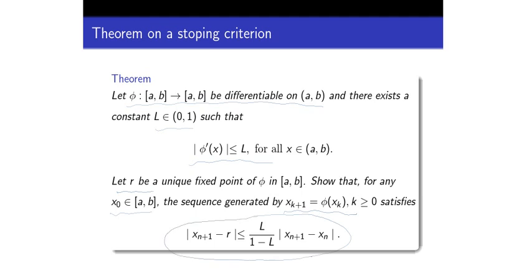So it is very simple to calculate the approximation. If xn plus 1 and xn are very close, then you have this bound, L by 1 minus L. L is known to you once you know this bound here. So this you can also use as a stopping criterion. So how will you establish this result? This result is very simple. I will give you the hint for this now. I hope you can prove this very easily.